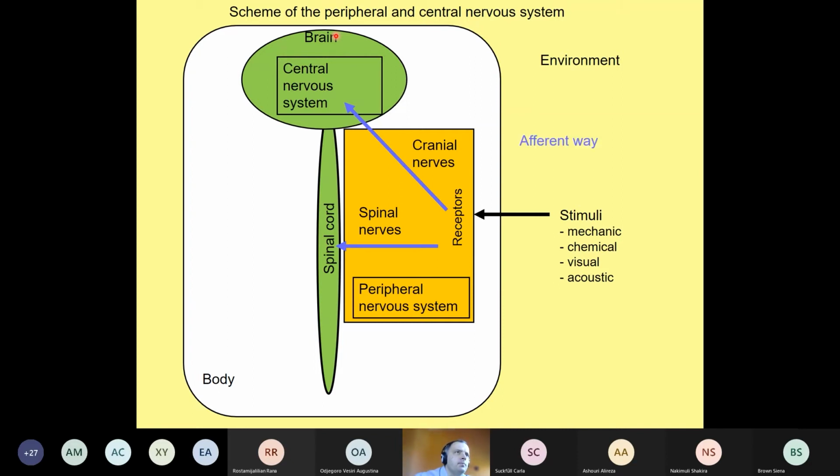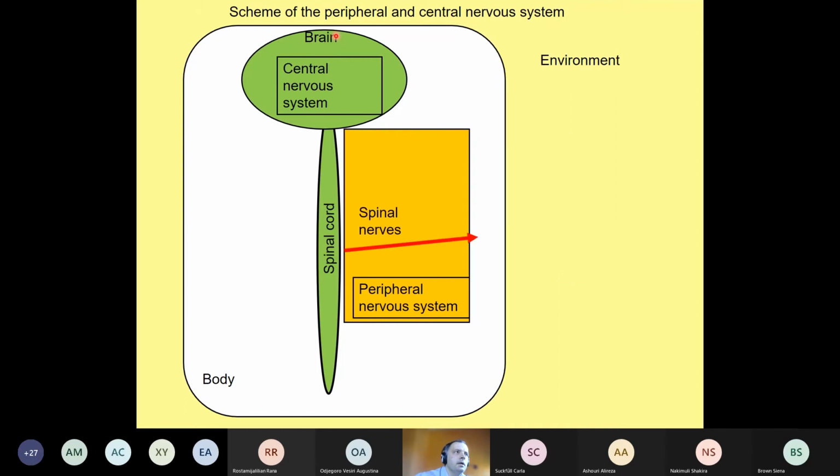And then after this afferent information travels from the periphery, the signal goes to the highest order centers. Now the information spreads the other way around, and then you can perform something. You can drop the mug, or you can swallow the coffee, or you can puke it out if it's needed. So this is the signal that goes either through the cranial nerves or through the spinal nerves to the periphery,